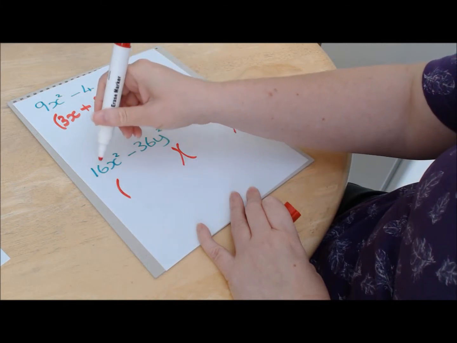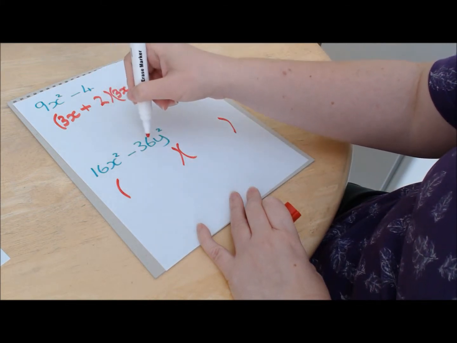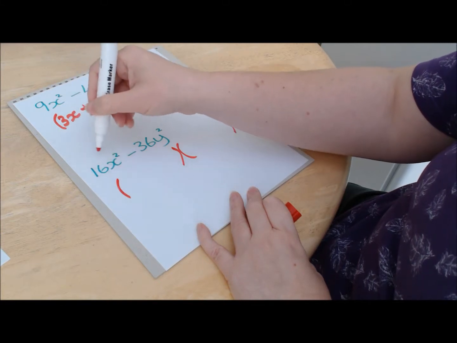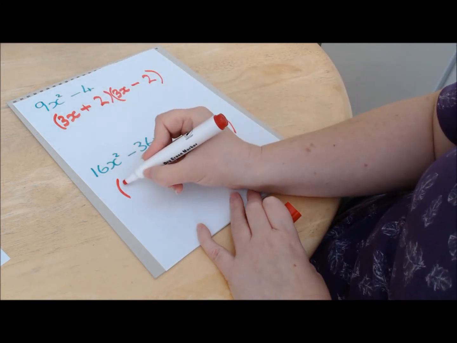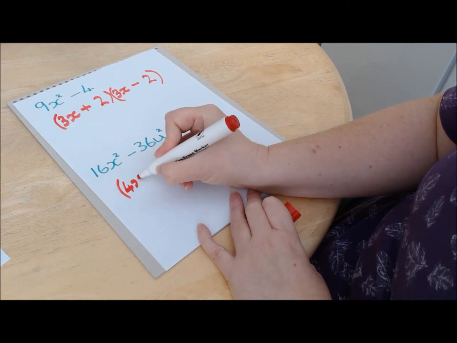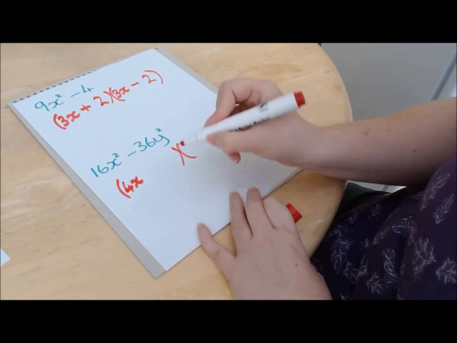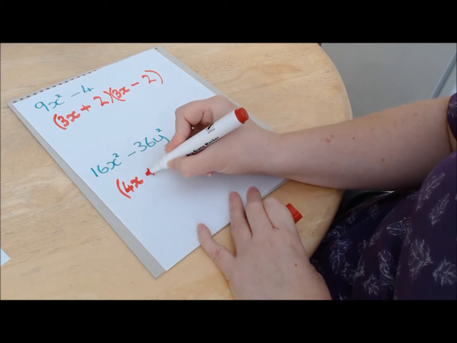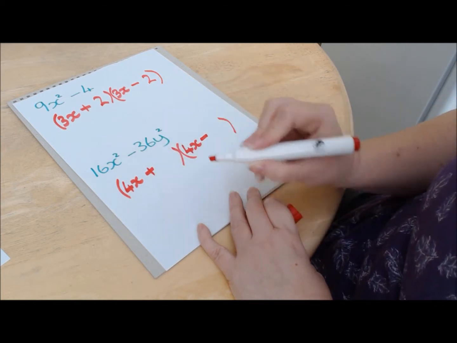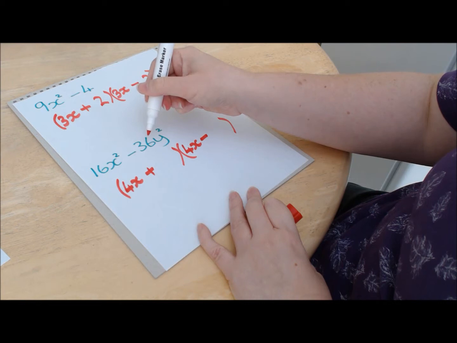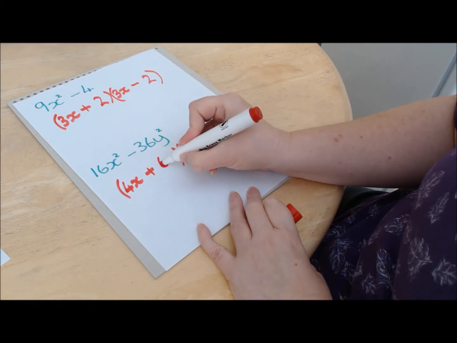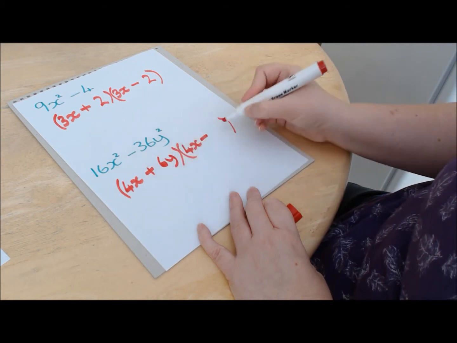So we've got a square number and a square letter, a square number and a square letter here. So let's tackle this one first. So this is going to be 4x when we square root it. So that's what we've got in the front. One will be plus, one will be minus. 36 is the square of 6. So we're going to have 6y